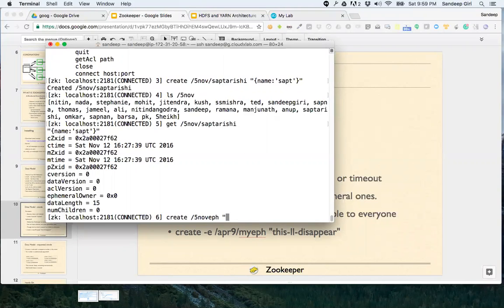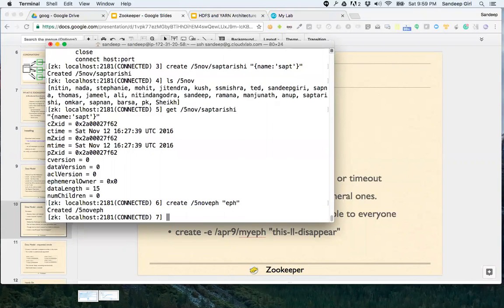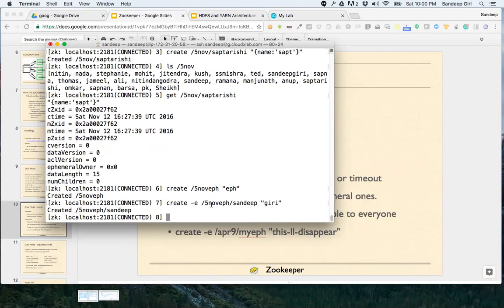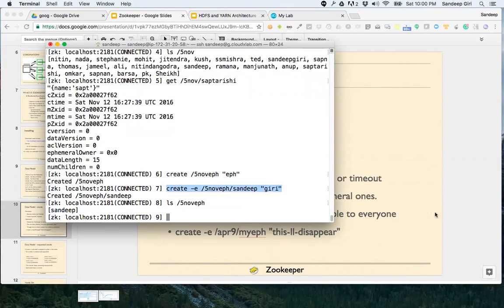So we have create 5 November eph, meaning there is a normal node. This is not an ephemeral node. So whatever node you create for yourself, let's create under this so that we can clearly identify. So we have created an ephemeral node called Sandeep inside this. All right, so create your own ephemeral node. I'll show you the magic now.